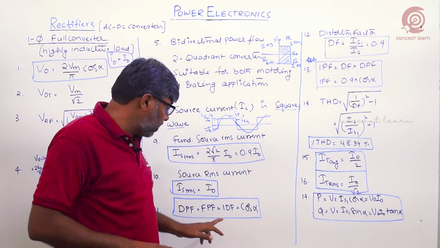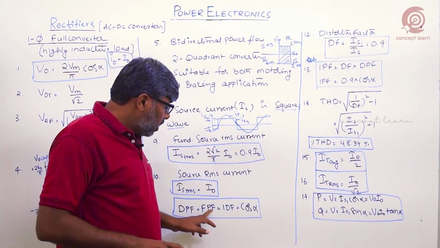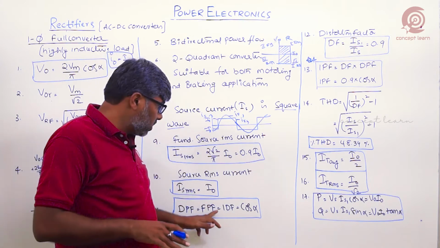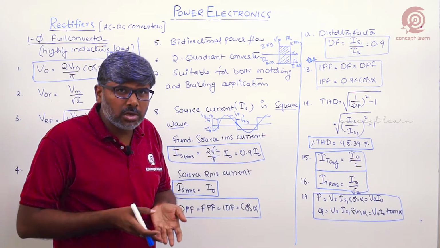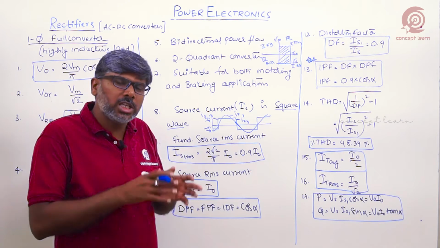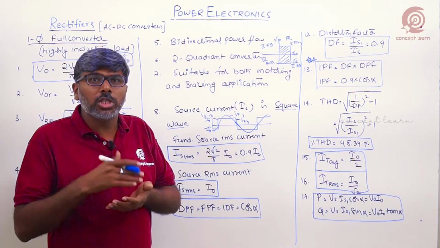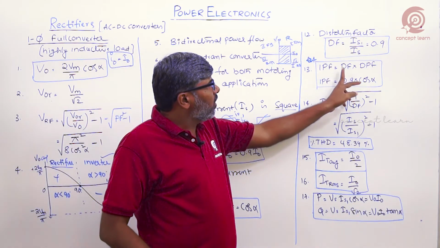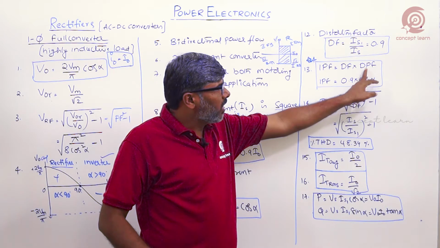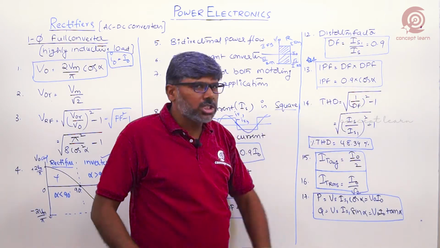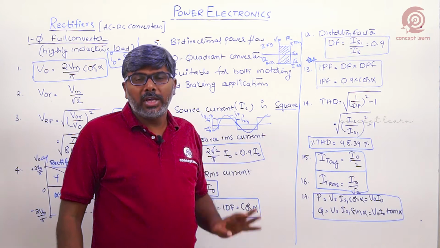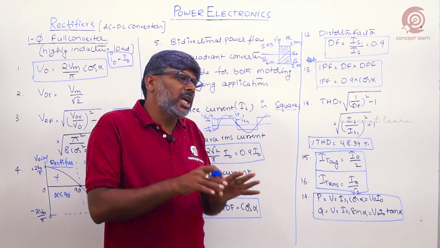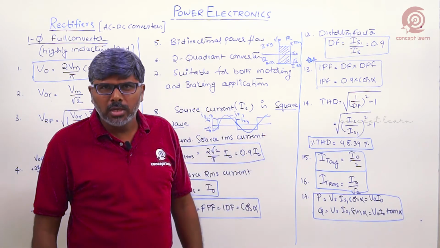Actually the power factor should be this, the supply power factor, but this is the fundamental case. If you get a pure sinusoidal source current, then this is the value. But we are not getting pure sinusoidal, right? We are getting a square wave instead of sinusoidal. That is why there must be distortion in the waveform due to the harmonics, so the input power factor also gets reduced. So input power factor is distortion factor into displacement power factor or fundamental power factor, that is 0.9 into cos alpha. You have to remember this, very important in competitive examinations, because there is no need to do the entire calculation. If you know the firing angle, just calculate the supply power factor of the full converter.